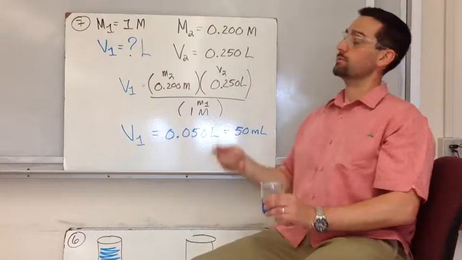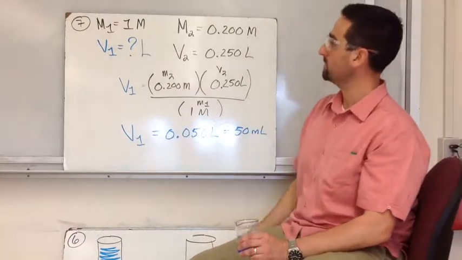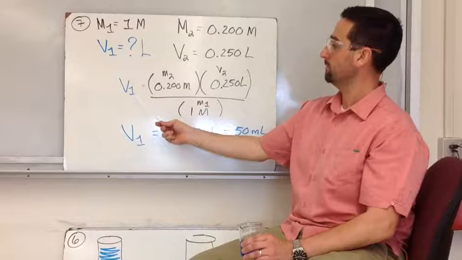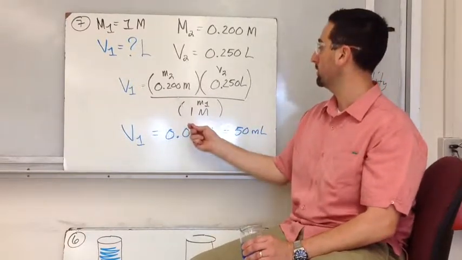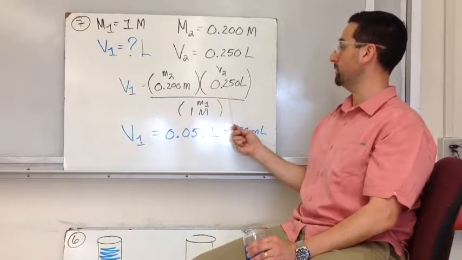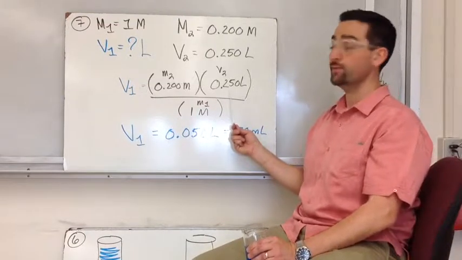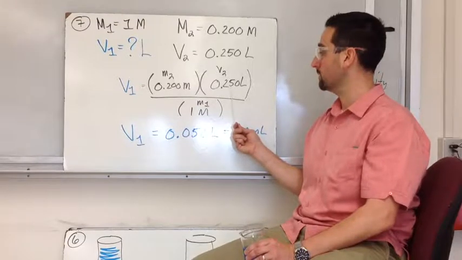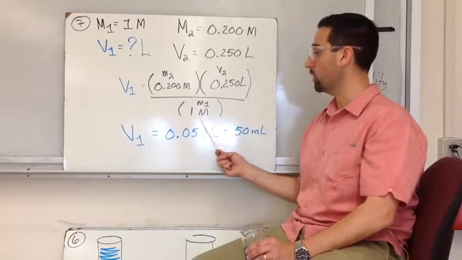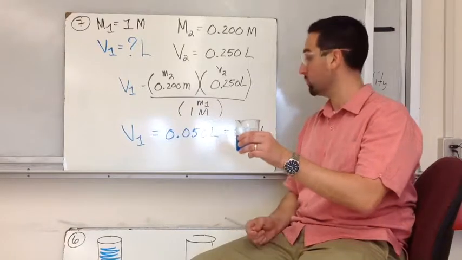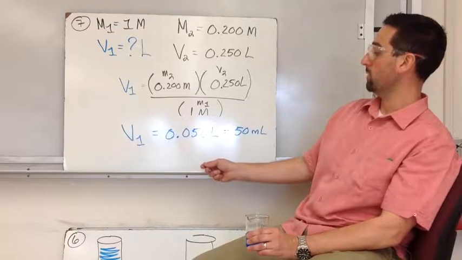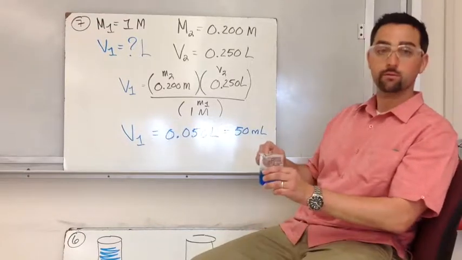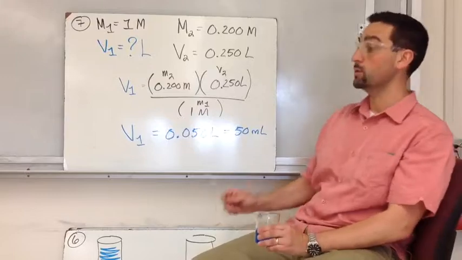Okay, so this is our last piece of whiteboard here. So let's solve. V1 is going to be equal to the molarity of what I want to make, 0.2 molar, which should have a total volume of 0.250 or 250 milliliters, divided by 1 molarity, which is the molarity of this solution. So V1 says we need to pour 0.050 liters of our stock solution, or 50 milliliters. Okay, so